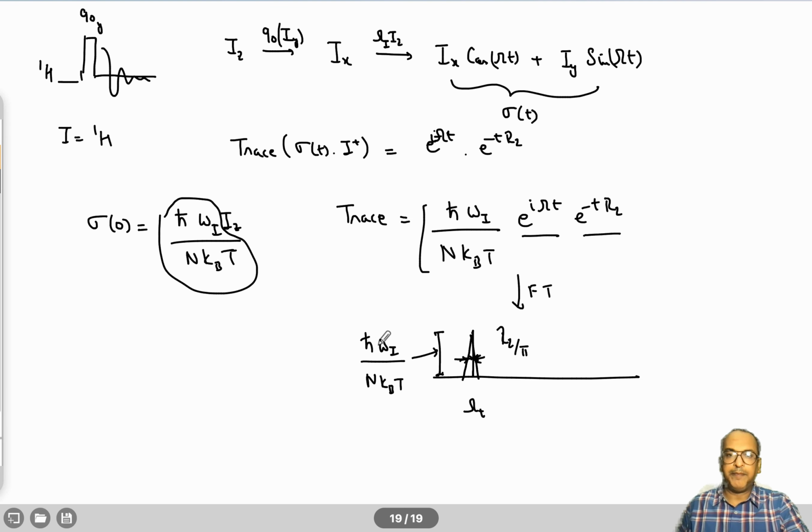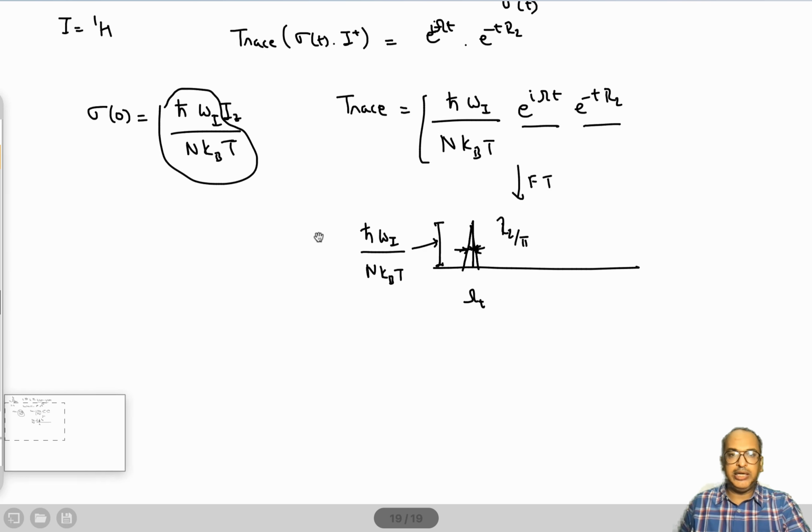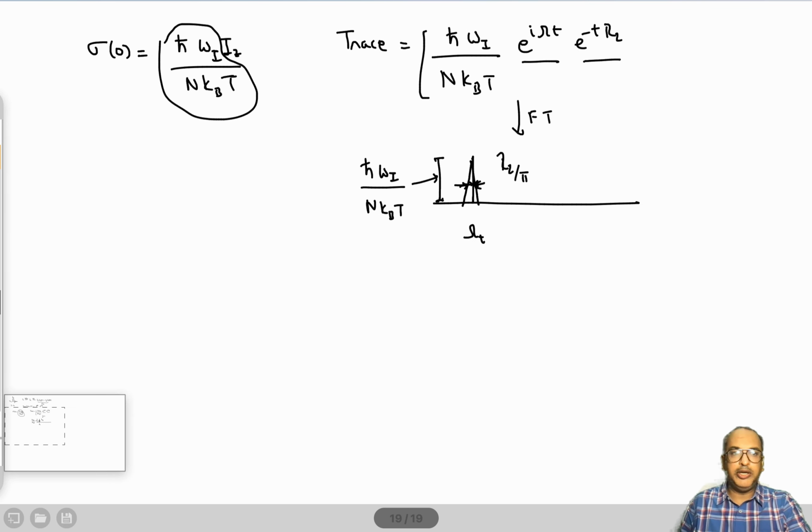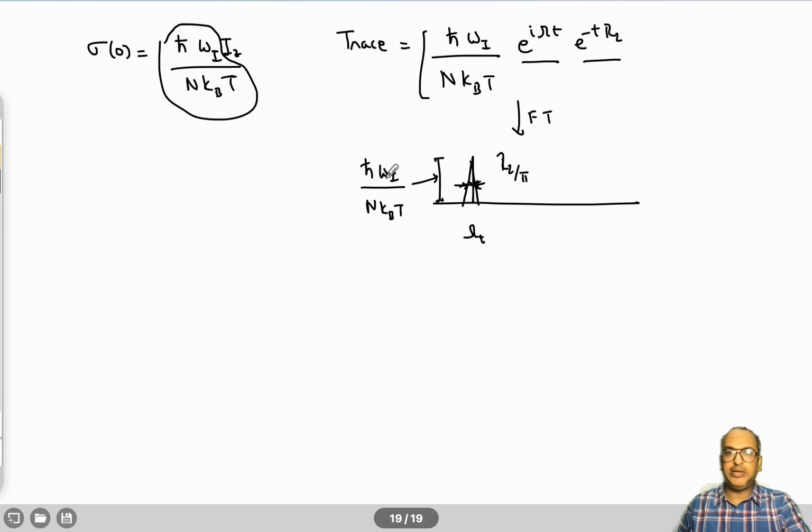So we can say that because all of these are constant, the intensity is proportional to omega I. Okay. So why are we discussing intensity? Because it depends on what the nucleus is. So the intensity, in addition to the population difference and all, depends on the gyromagnetic ratio, which in turn comes in as omega I in the intensity, right? So let's say if we are recording a 13C spectrum, okay,